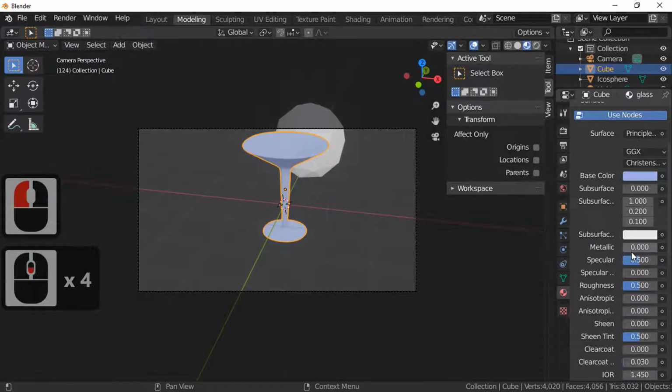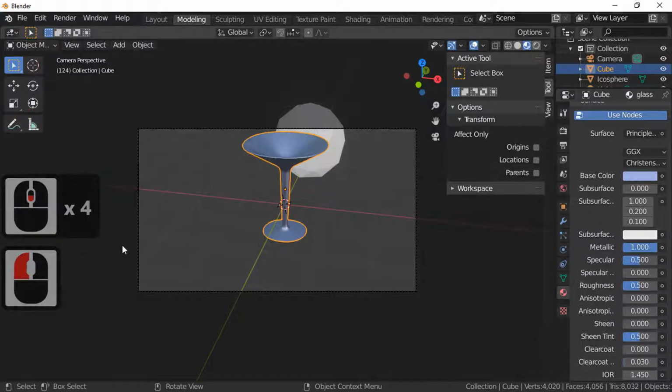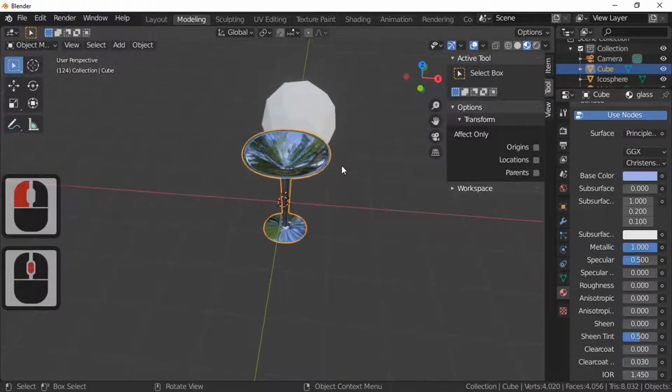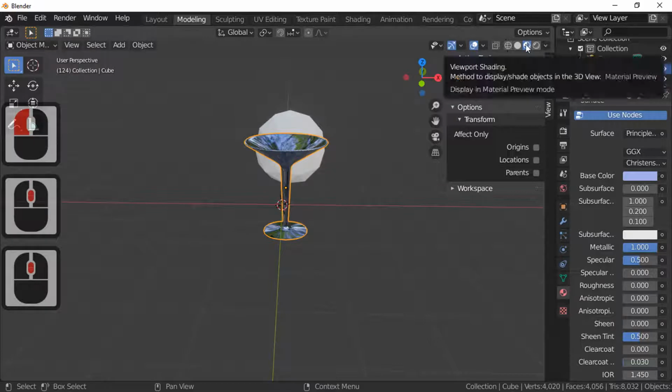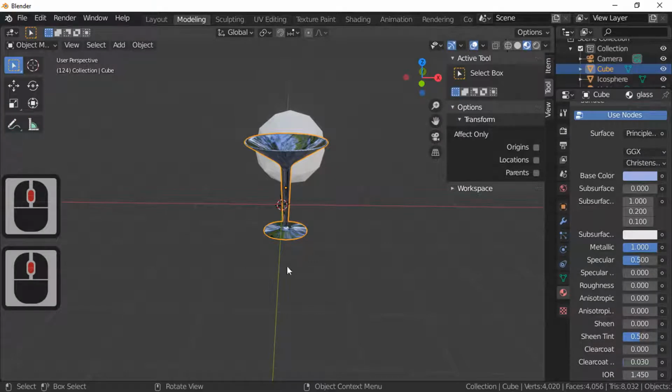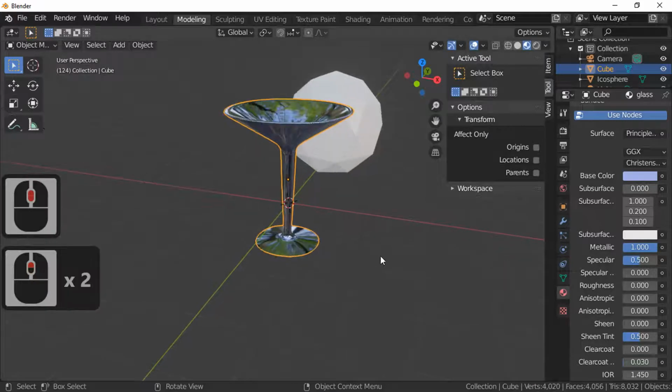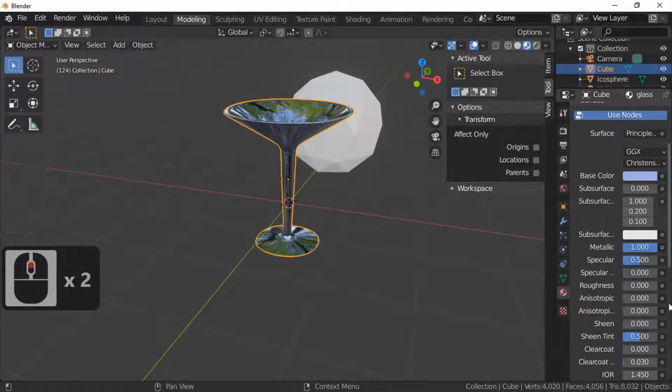Next thing we're going to do is it needs to be reflective. So I'm going to take the metal right up to the top. I take the roughness down to 0. As you can see, that's one of the actual default shaders in viewport shading, and this will give you an idea what it'll look like in a full render later on. So the next thing we're going to do is we're going to